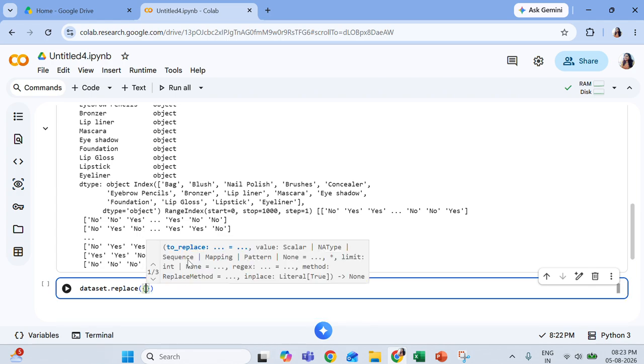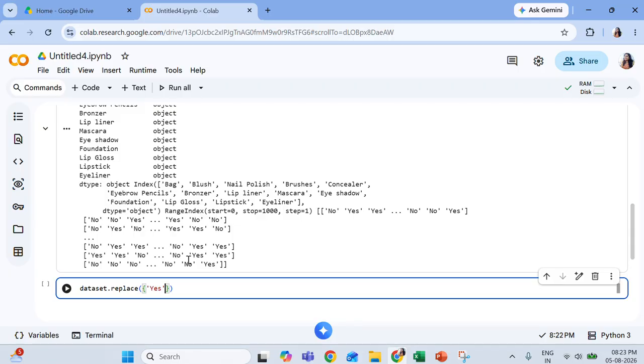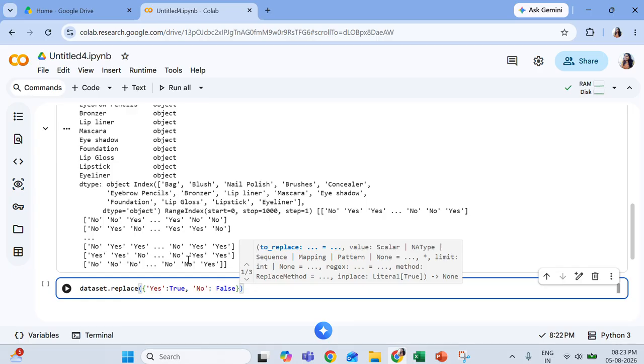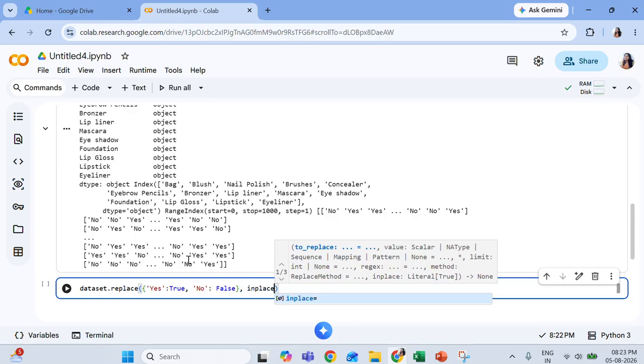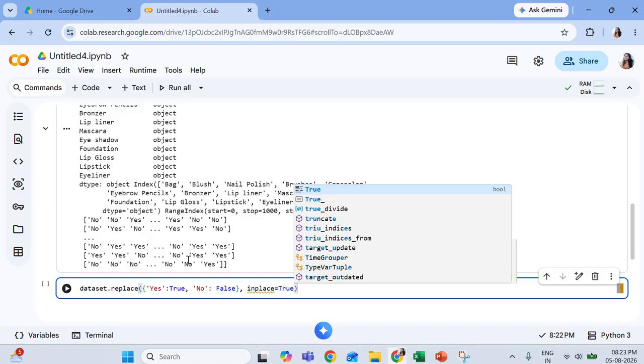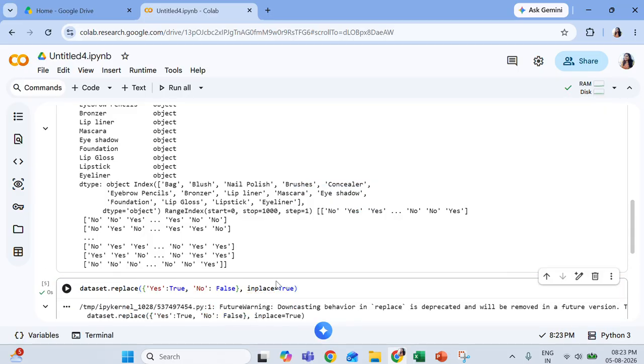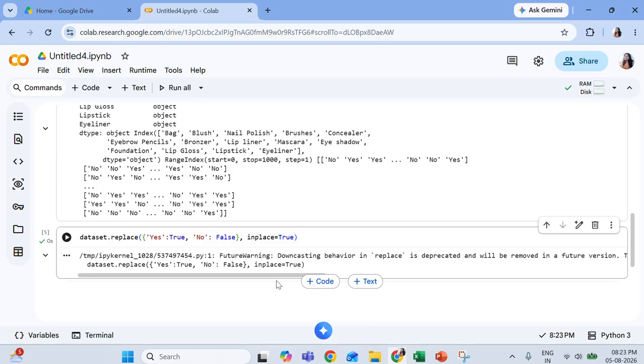We are going to replace yes with true, and the no has to be replaced with false. And I want it to be implemented in the same data set, not to create another new data set, so I am saying inplace equals true.